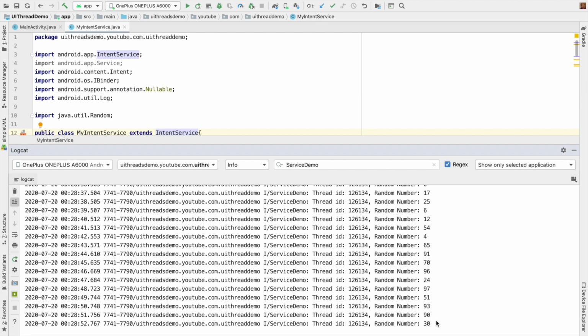Now the question is, how do you come over this particular problem? Because sometimes it might be very critical for your application to keep updating the backend about the latest device location. So you don't want your service to get stopped regardless of whatever the scenario, whether the application is in foreground or background. You want to keep sending the location information to the backend.